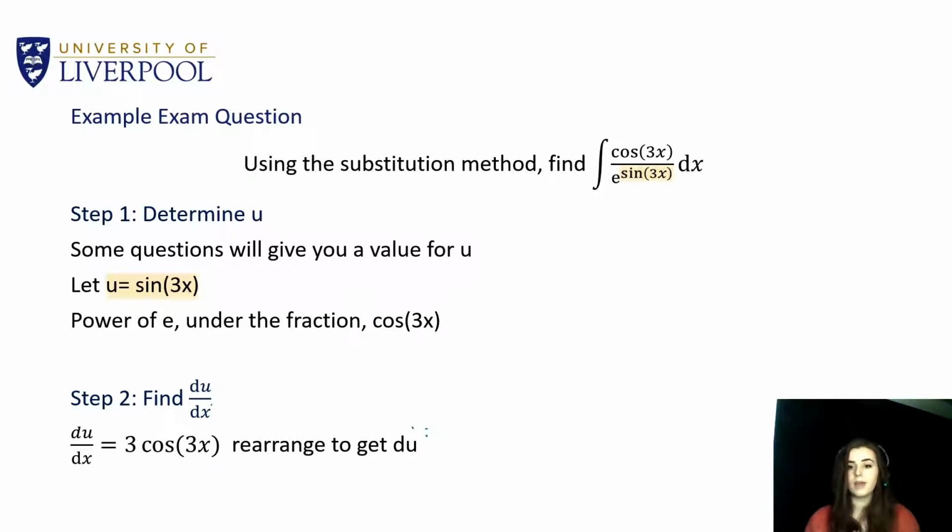To do this, we differentiate our u value with respect to x. So we get, in this situation, 3 cos 3x. And now we need to rearrange this to get du by itself. That's really simple, you just times by dx. In our equations, we normally think of dx just being a separate aside, but in this situation, it's very important to remember that dx is acting as a multiplier on the equation itself. So we resultantly get du equals 3 cos 3x dx.